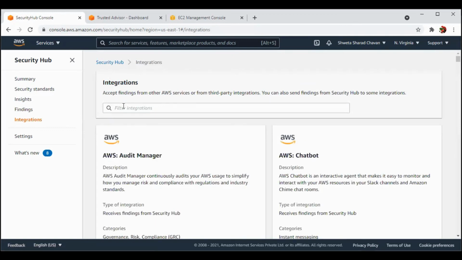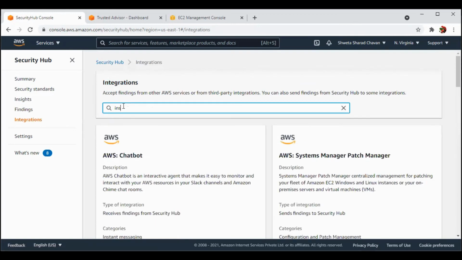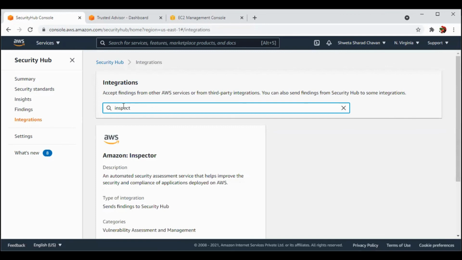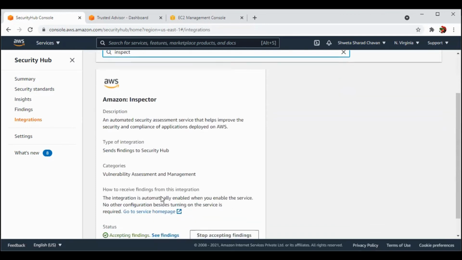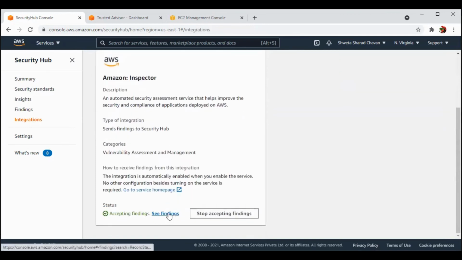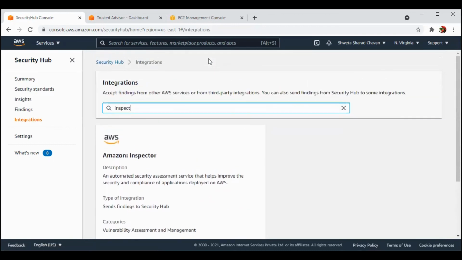If we want to go for Inspector, we can go for its findings, and we can see the findings over here. So this is how Security Hub works. These are all the tools of AWS security solutions that we have seen the demo for. And yes, let's end here.